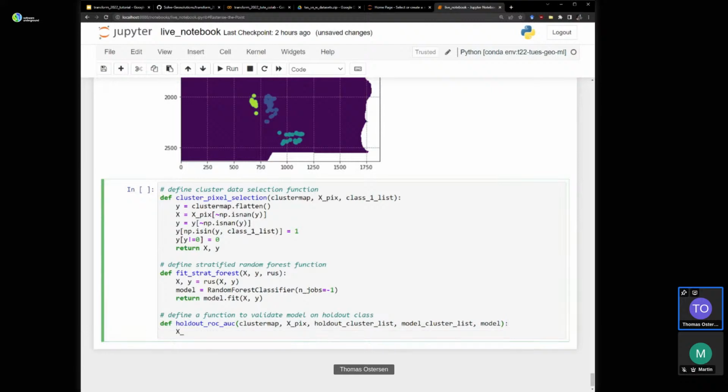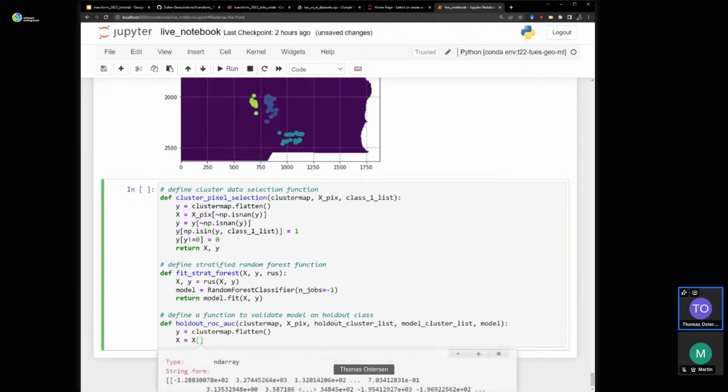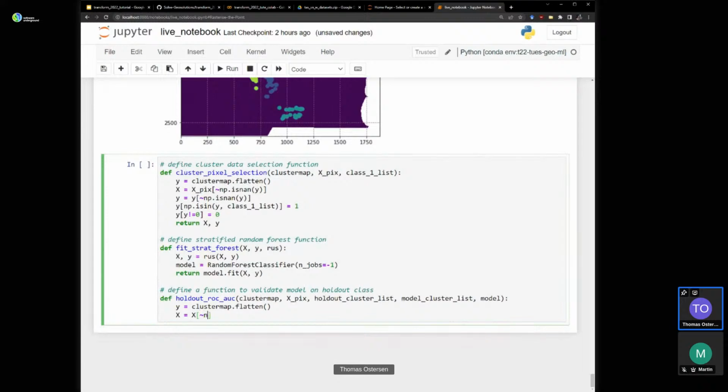Okay, so again, let's flatten the cluster map. Geez, I hope all this works. X equals, oops, is nan, Y, we're just dropping the nulls here. X equals, yep.